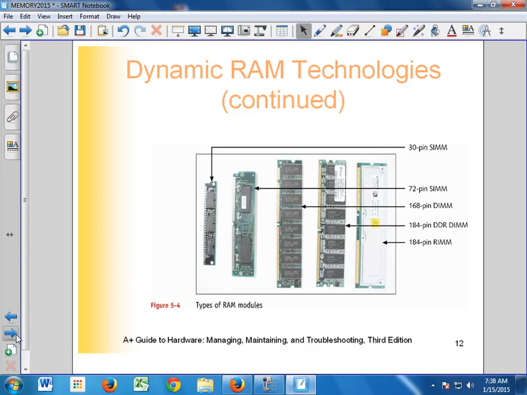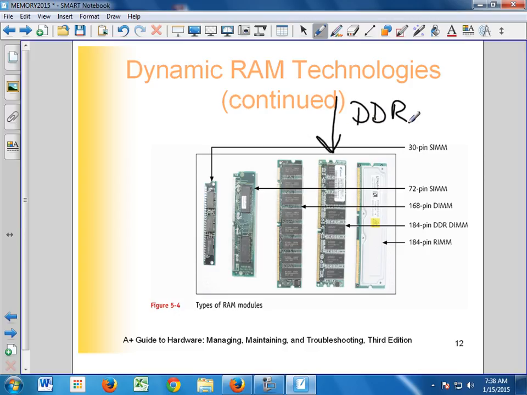So the older EDO RAM was ridiculously expensive for 4 meg. 99 bucks we used to pay for a 4 meg stick of RAM. The price tags are still on that bag if I find it today. But we've had an evolution of RAM, and now we're down here with